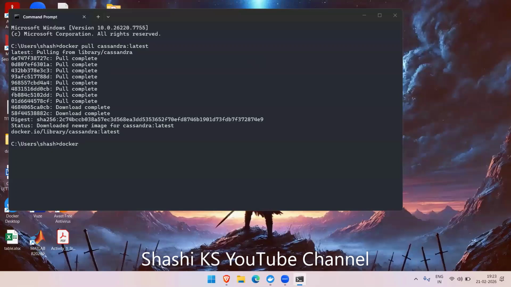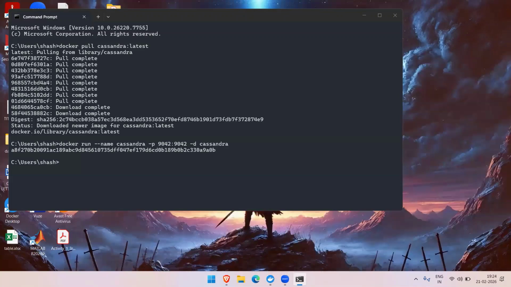Next, I run the command. So now we have successfully created a new Cassandra container in Docker Desktop.